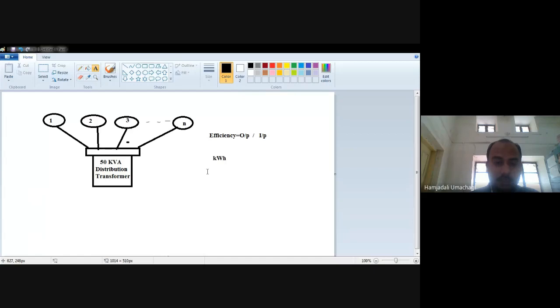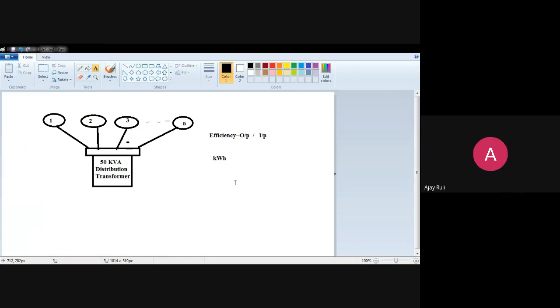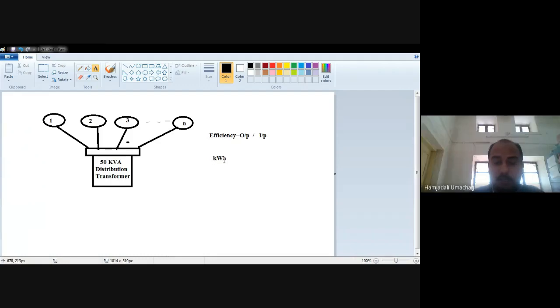That energy meter is measuring which type of electrical quantity there? Energy meter means that meter is meant to measure which type of electrical quantity? Energy meter means, as the name itself is indicating, it is going to measure energy. Yes or no? Energy. Yes. So power multiplied by time, power means kilowatt, time means hour. P into T is nothing but energy.